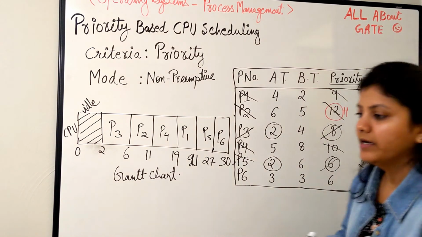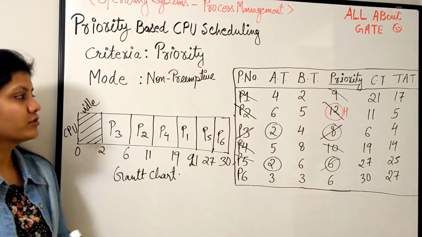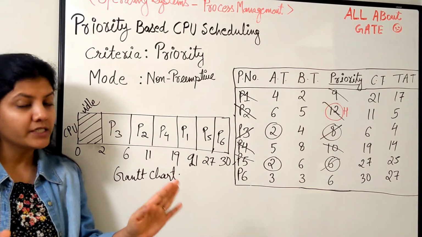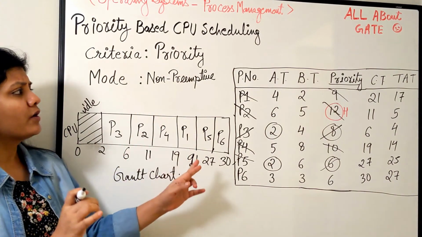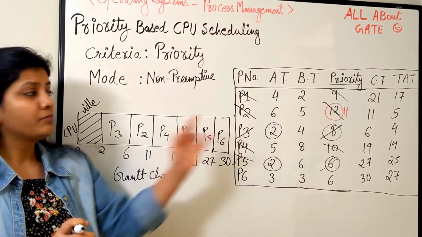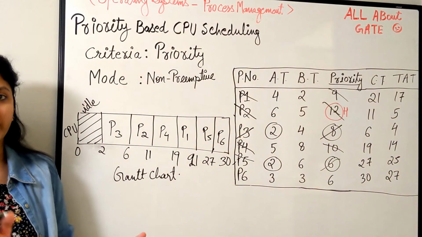That's how we get the respective turnaround time and the completion time. We can find out the wait time also. So the non-preemptive priority based scheduling algorithm is quite easy to implement. Just look at the priority number. What is important in these algorithms is to focus on which number you are looking at. You should not be misled by burst time to arrival and arrival to priority. That's all that is important.